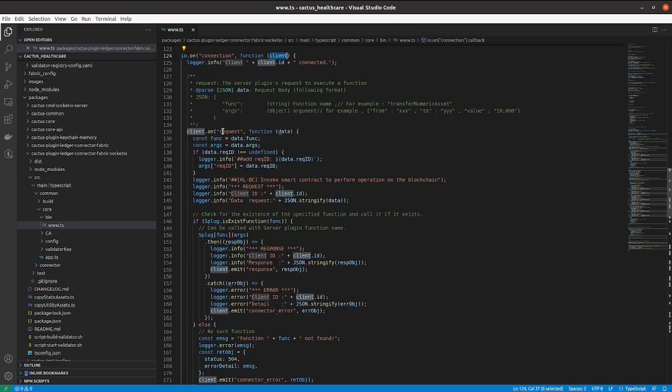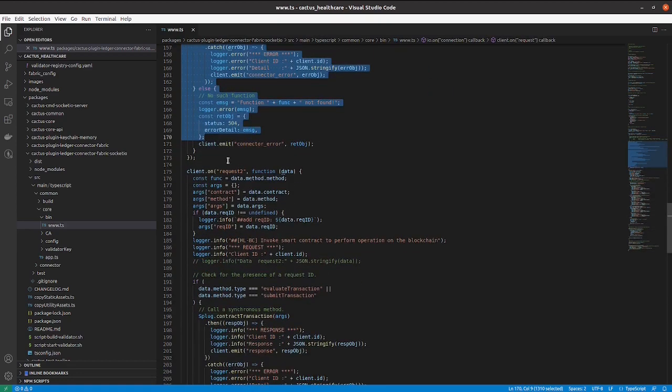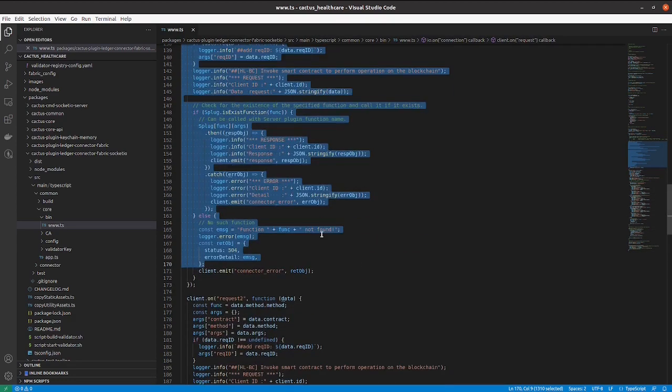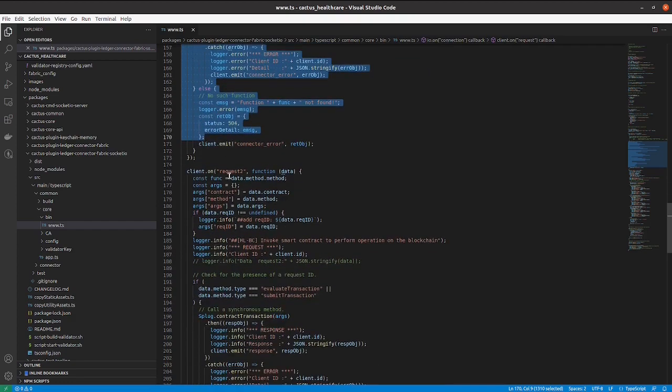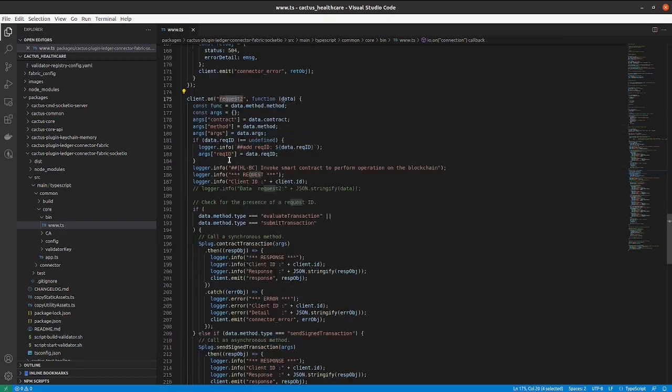There is an event listener added for the request event, and here is the function body. In this demo we are using this event listener for request 2, because when we are sending a request to the server, passing the request as the event, this is the event listener for request 2. Inside this function, first it is checking the method type.